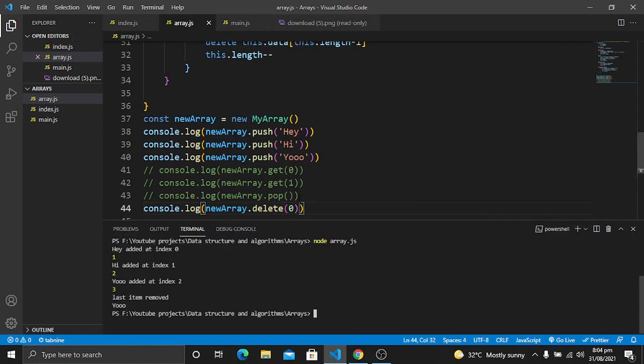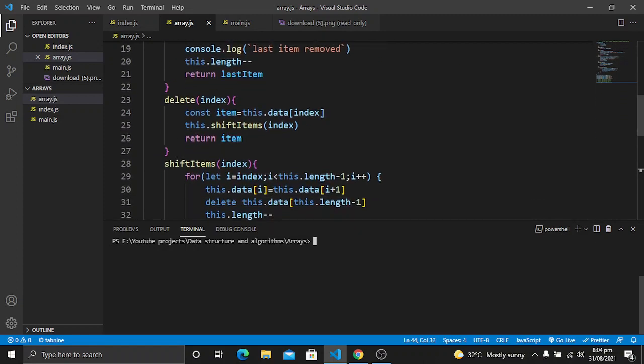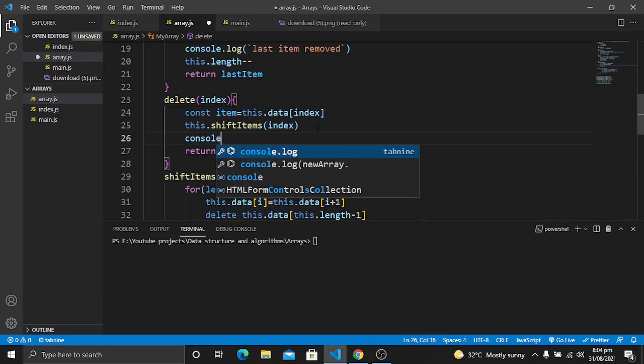So clear the terminal. What this method will return is, delete is returning the item at the index which we have provided. So also console.log here.